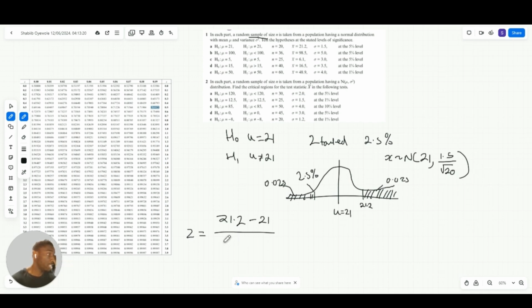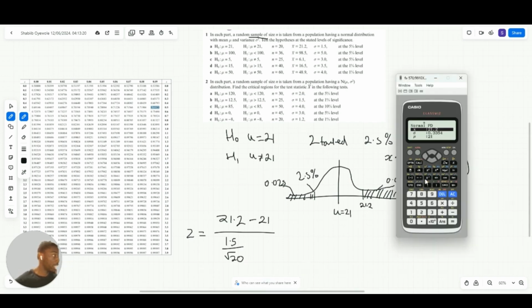Now my standard deviation is 1.5 over the square root of 20, and using my calculator, 21.2 minus 21 equals 0.2. And I'm going to divide this answer by 1.5 divided by the square root of 20,